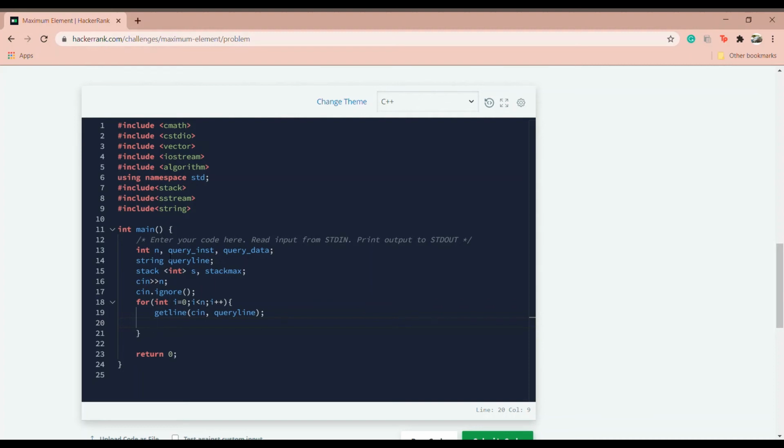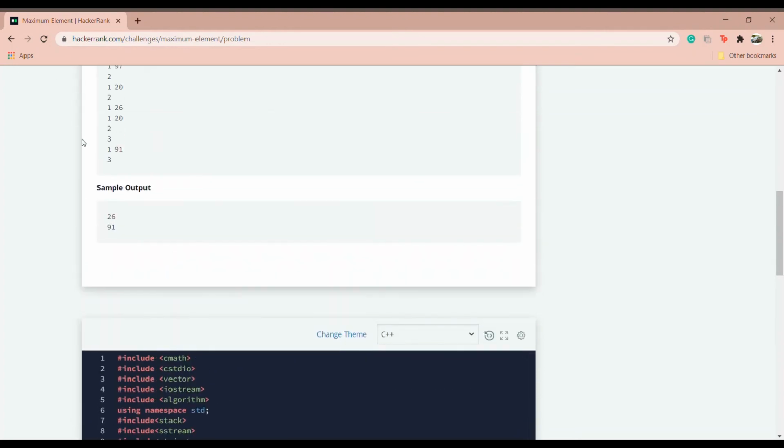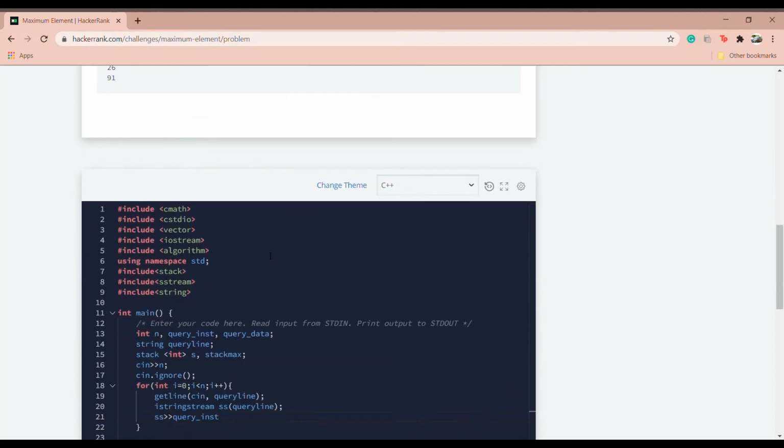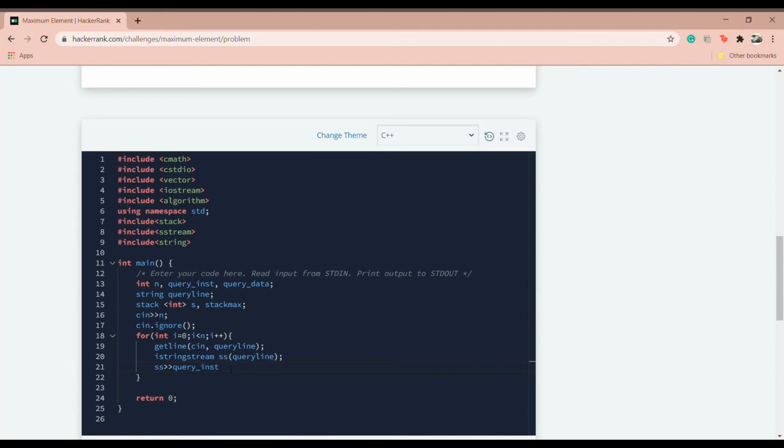So we'll be using input string stream, creating an object ss and passing query line into it. So the first part of this query line, for example 1 91, should be query instruction, and the second part should be query data.